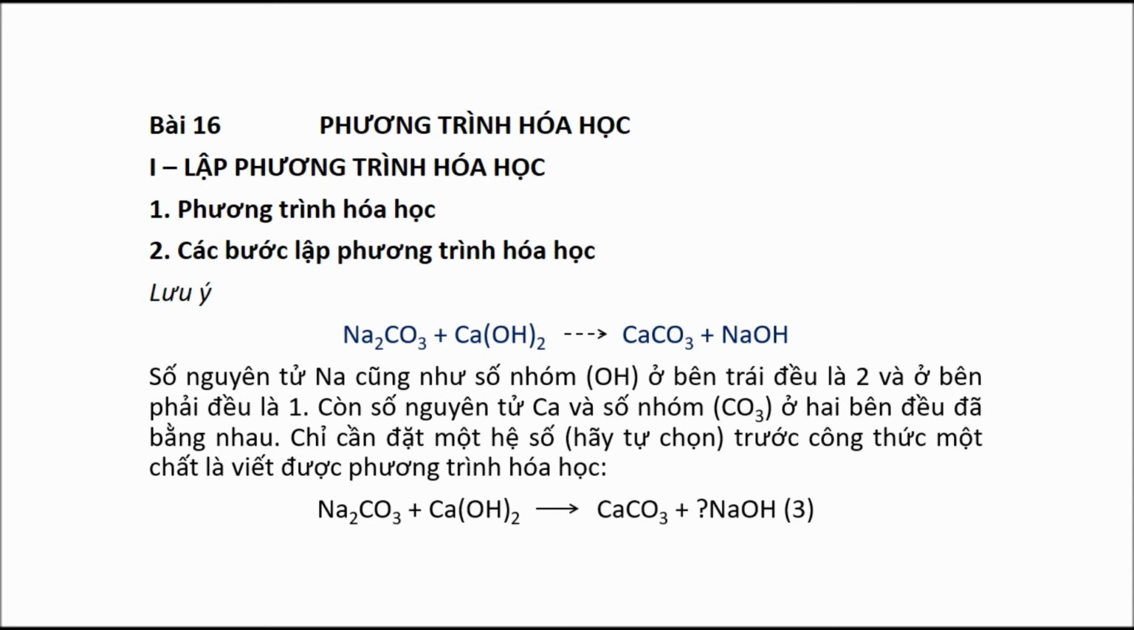Place only a number, chosen by yourself, in front of the formula of one substance to write the chemical equation. Na2CO3 plus Ca(OH)2 arrow CaCO3 plus ? NaOH. (3)